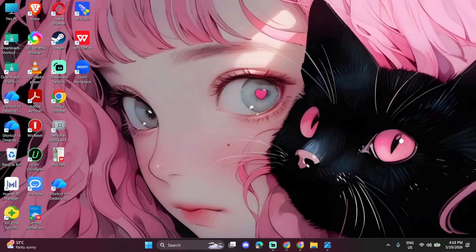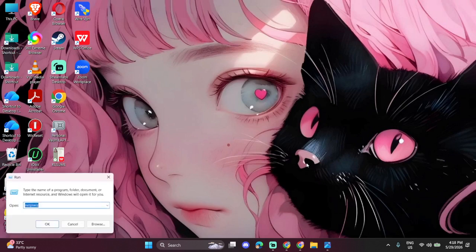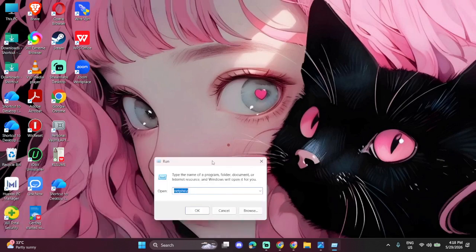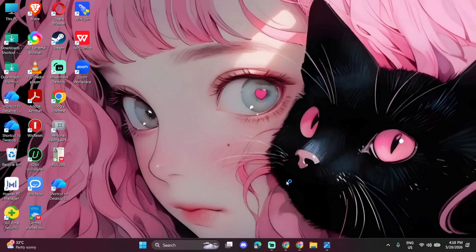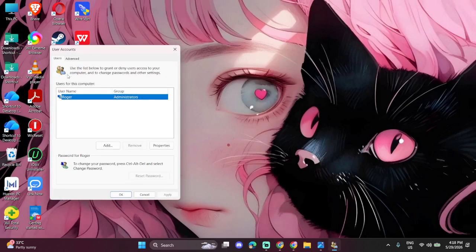Let's start by opening the classic User Accounts panel. Press the Windows key and R together to open the Run dialog. In the box that appears, type netplwiz and press Enter. This command opens an advanced user accounts window that's been in Windows for years and gives you direct control over